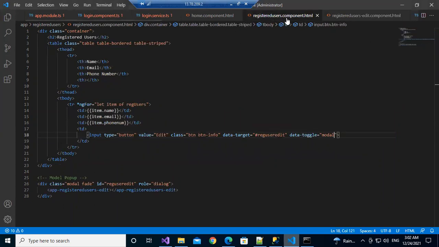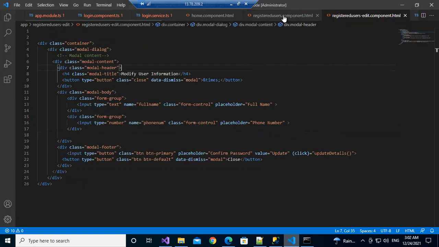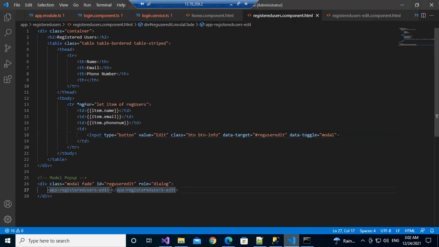Next, I'm going to perform a click action from the registered users component.html. When I click here, I need to collect this user-specific ID and pass it to the modal, which exists in another component. Is that understood? So how to do that?